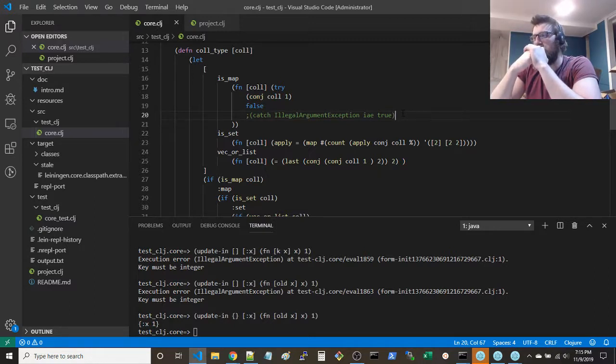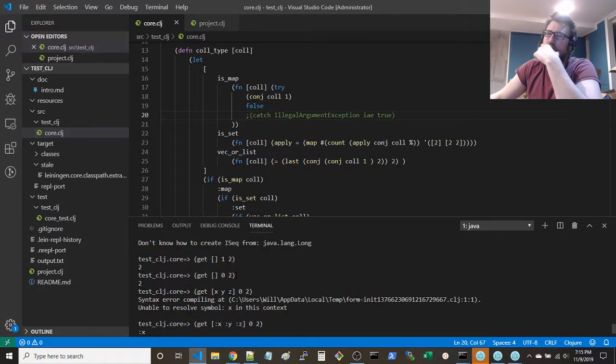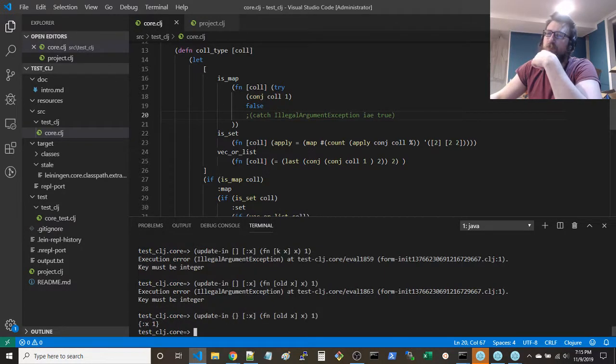We're going to get an arbitrary, get actually gives you an error, right? No, get's fine. Get doesn't care. No, this doesn't work either.